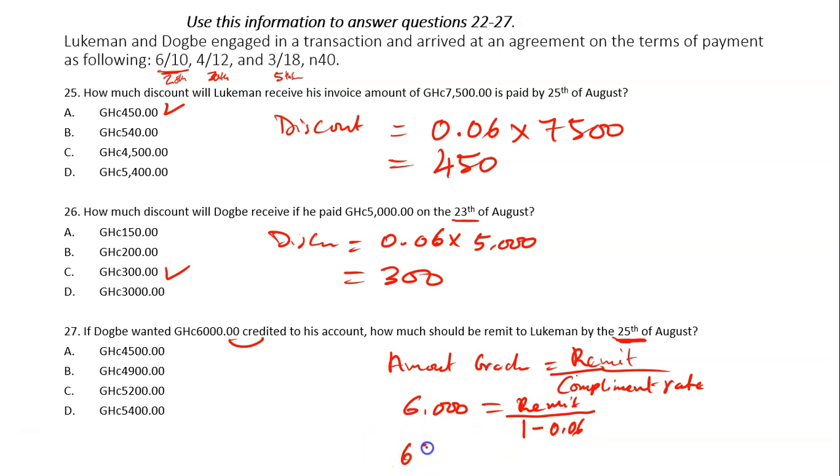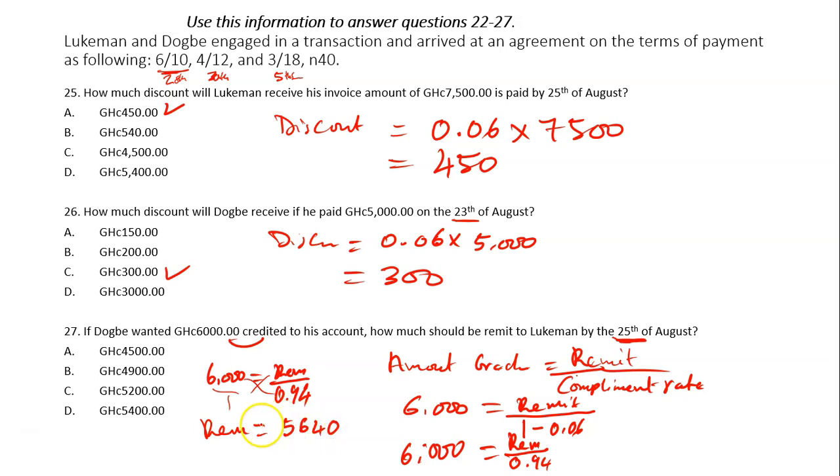So we will have 6,000 is equal to remit divided by 1 minus 0.06, which is what? 0.94. So to make remit the subject, we have 6,000 equals remit over 0.94. This is over 1, isn't it? When we cross multiply, 1 times remit will give you what? Remit is equal to 0.94 times 6,000 should give you what? 5,000